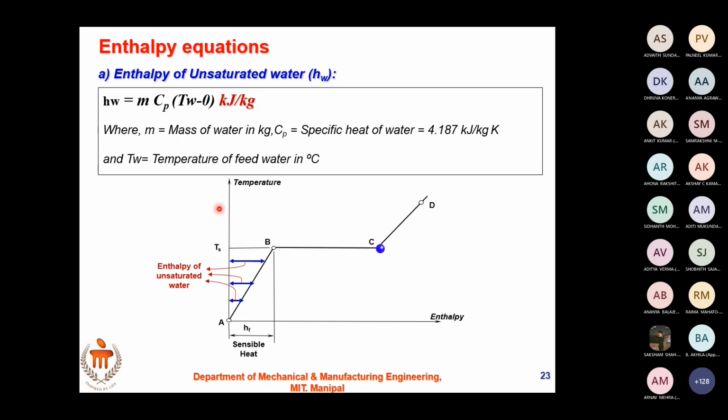So if I'm adding heat, I will study this enthalpy. Starting with the first enthalpy in my experiment, I'm adding heat to unsaturated water. So unsaturated water is gaining heat, and I have the enthalpy of unsaturated water. Now, what is the enthalpy of unsaturated water? Can you define this? Anybody? Ma'am, the amount of heat required to convert 1 kg of water, something like that. Okay, 1 kg of water?